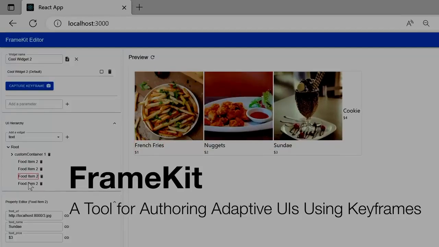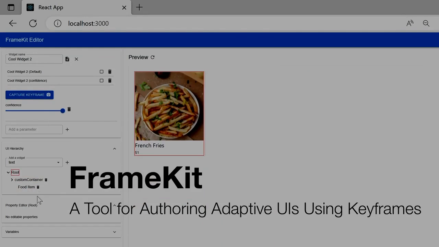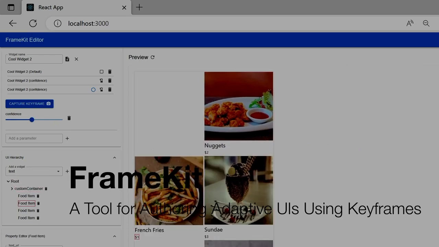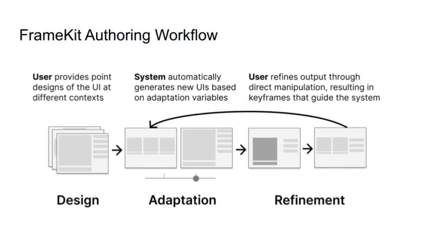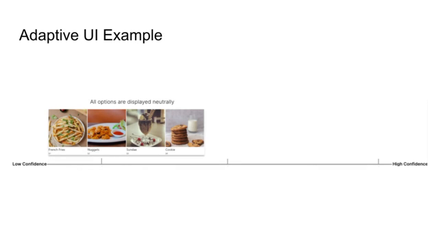We present FrameKit, a tool for authoring AUIs using a keyframe metaphor that defines adaptation as interpolations between UIs. Authors can refine FrameKit's generated output directly using a WYSIWYG interface, and edits are incorporated as new keyframes that guide the algorithm's output. To see how it works, let's see how we can make a UI for a food menu